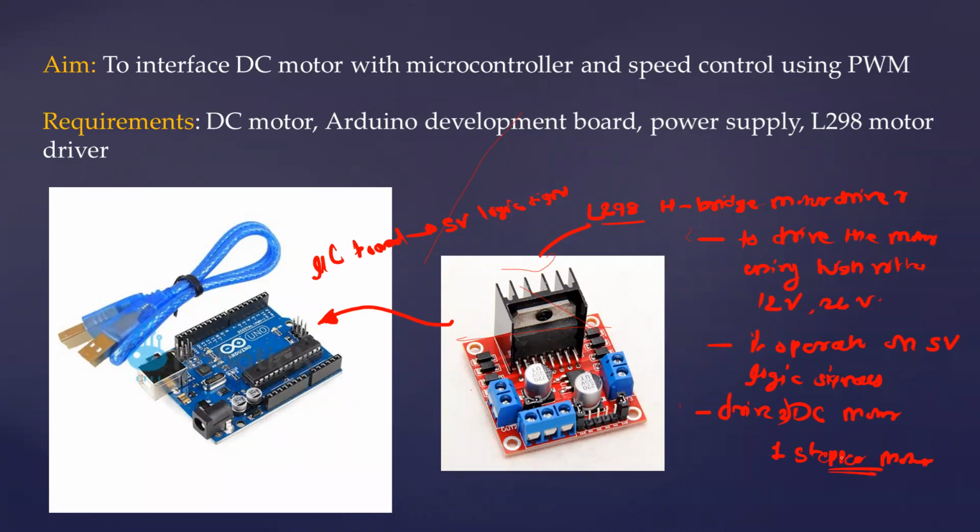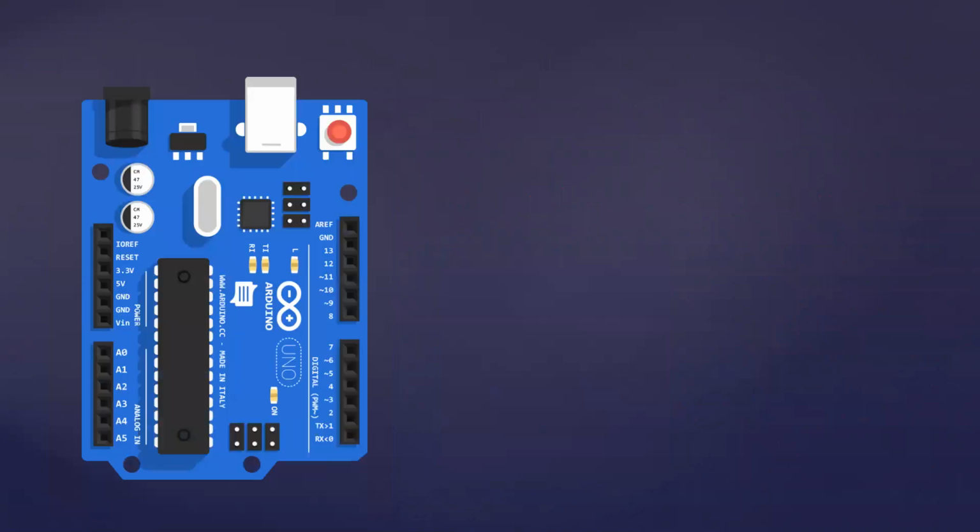So here we are not going into detail of the L298 electronics. So we will see how to interface or how to use this for automation projects. Okay. So here you can see the schematic diagram for the Arduino microcontroller. So we will see here the connections with the L298 motor driver. So how to connect that driver with the microcontroller board.